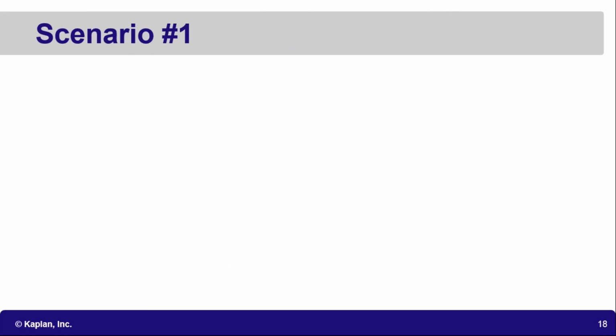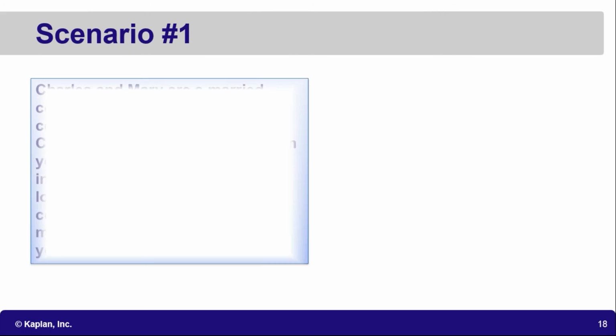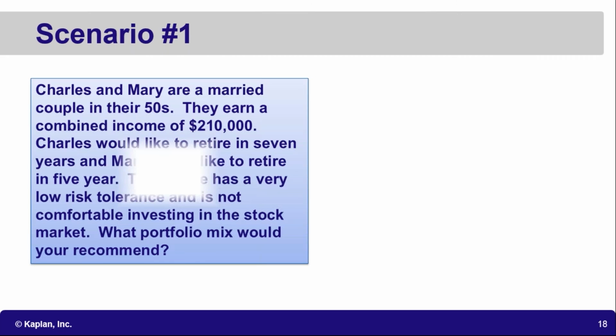So now what we're going to do is some scenarios here where we'll have a scenario of a customer, and then we're going to take a look at some different investments, and we're going to make a decision on what we think is the best choice. Now, on the test, you'll get 4 choices, so we're going to have 4 different choices here. This is very subjective. Some people might pick one type of answer. Some people might have a very good reason to pick other types of answers, but we're going to do this generally so you can get an idea of what it's like to do some of these